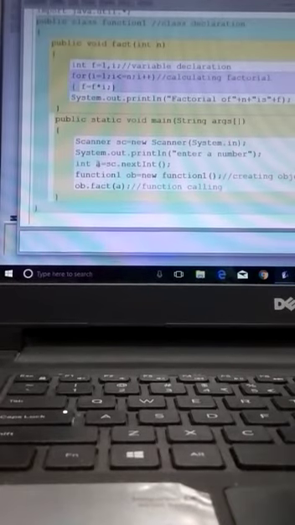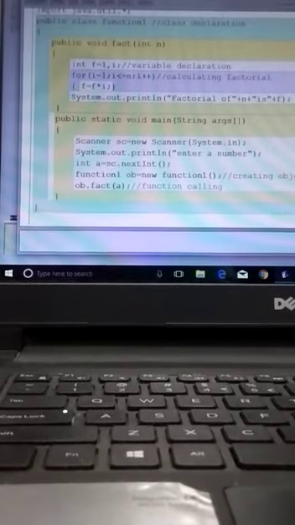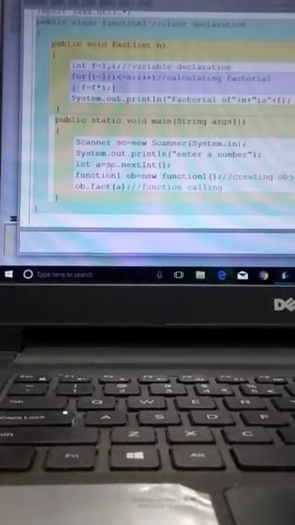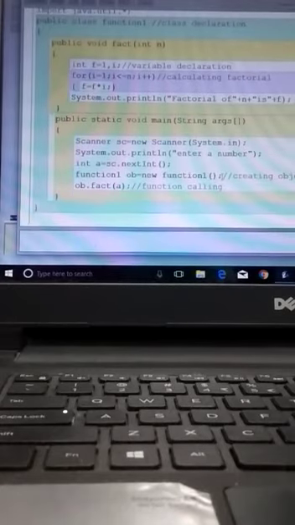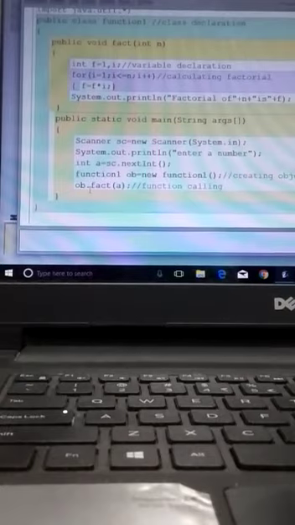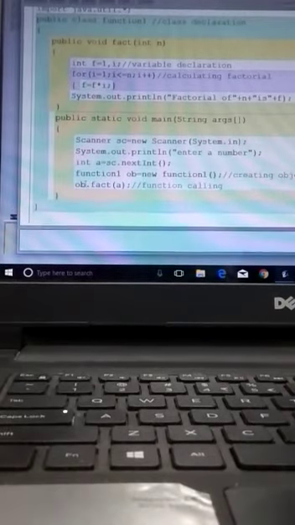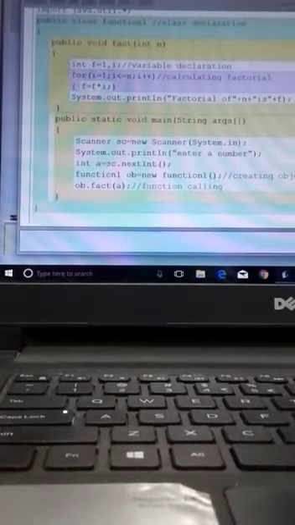After storing the value in variable a, we have created the object again. The object is created as class name, then object name equals new class name, then parenthesis opening and closing, then semicolon. Then after that we are calling the function with the help of the object, that is ob.fact, and we are passing a value. See, there is a change.